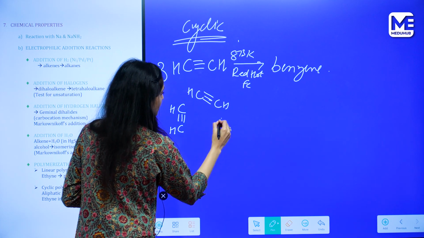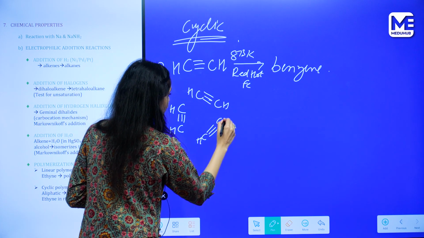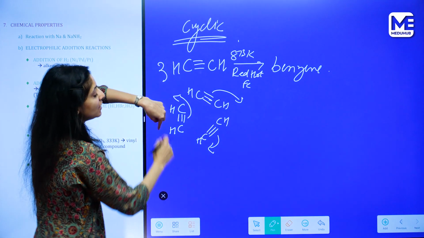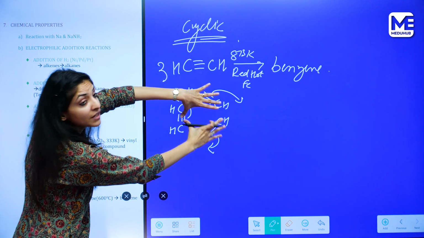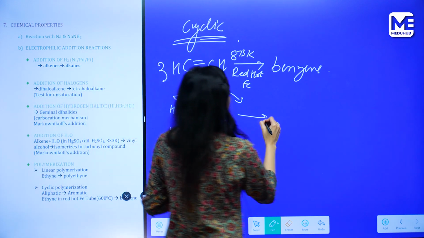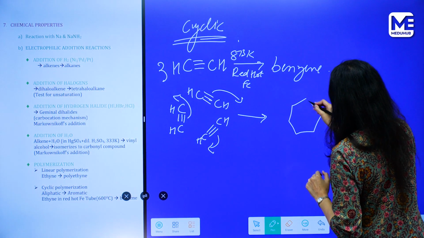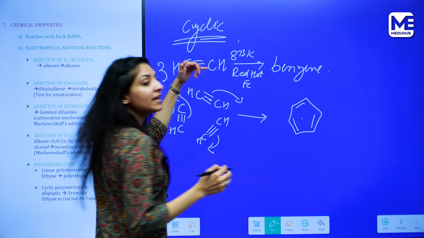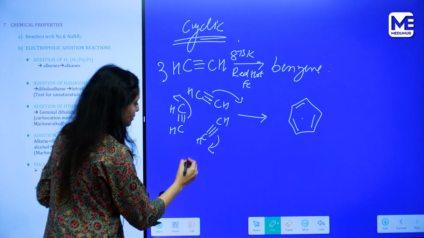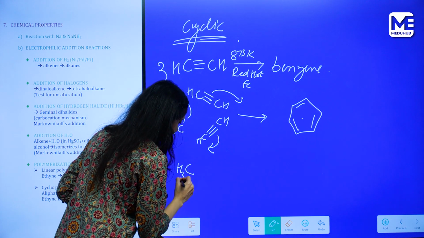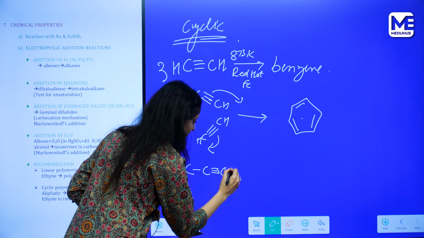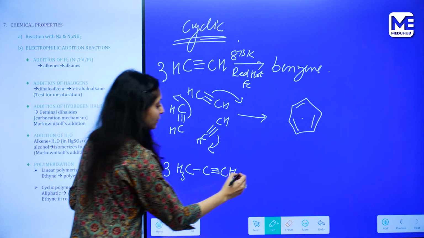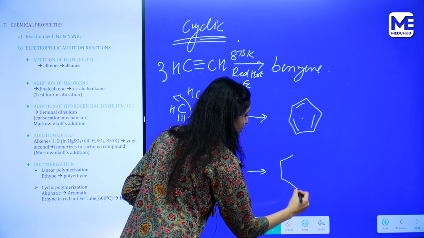H, H, C, H, H. This one goes here, this one goes here, this one goes here. This will undergo polymerization. These 3 molecules add together to give us benzene. Now, homologues of acetylene or ethyne also give this reaction. So, if we have a propyne, what will happen? 3 molecules of propyne will give us this product,